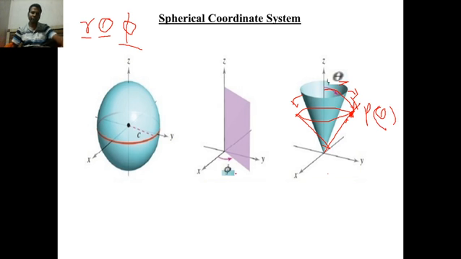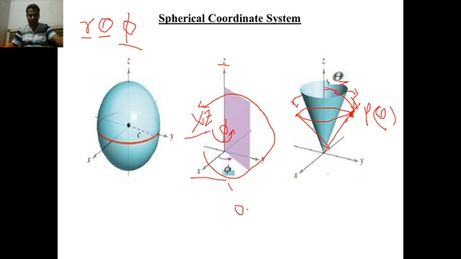Okay, and phi angle is nothing but angle made by this phi plane with this xz plane. This is xz plane because this is x coordinate and this is z coordinate. So this angle made by this plane surface with xz plane is nothing but phi coordinate, or phi is equal to constant plane. So this particular phi plane can move from xz in anti-clockwise direction, again it goes back to xz in anti-clockwise direction. That's why phi angle can vary from 0 to 2 pi.